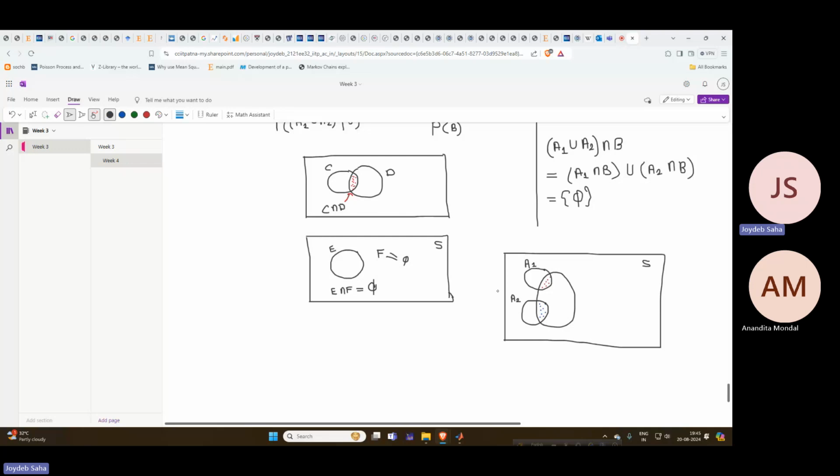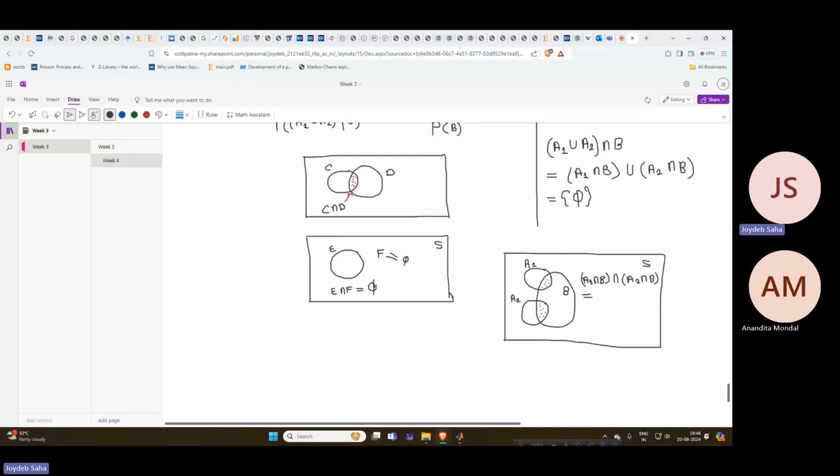Now if we say that this area intersection this area, right? A1 intersection B means this area. Okay, this is B, and A1 intersection B with A2 intersection B,